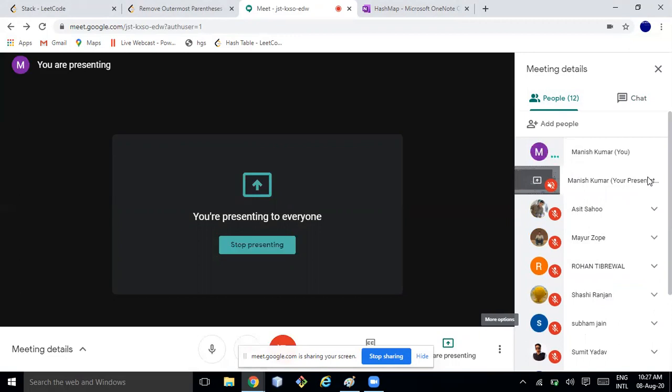Whenever the stack is empty, that means the braces at that position and the previous position are not taken into the resulting string. Yeah, that's a good idea. That's great. Okay, anyone else?